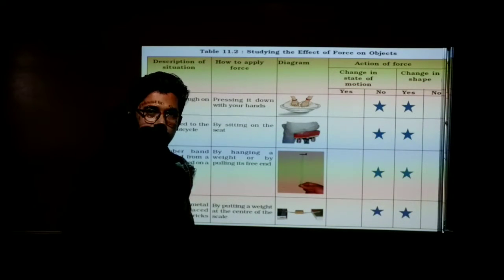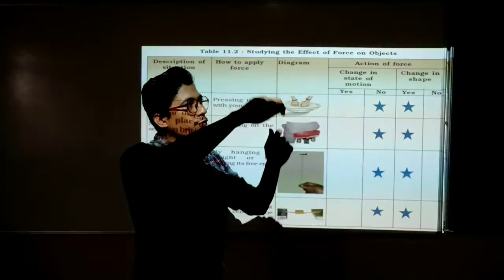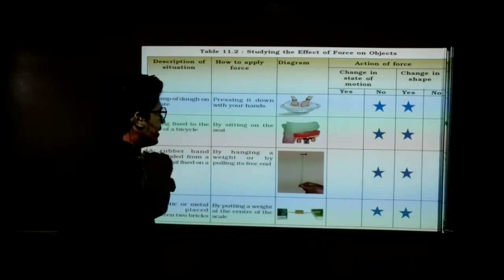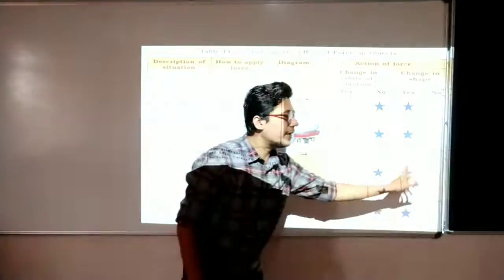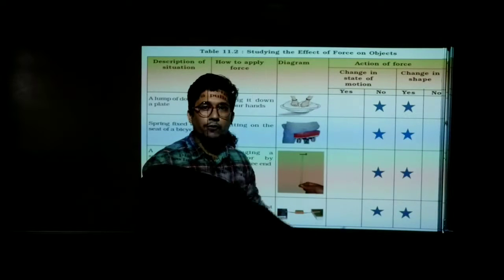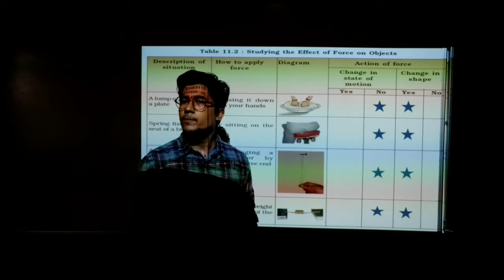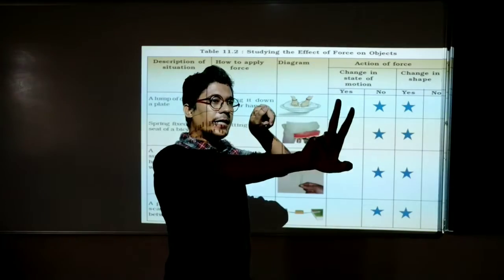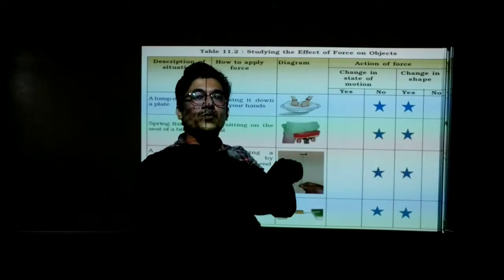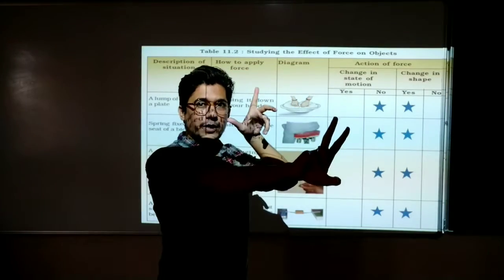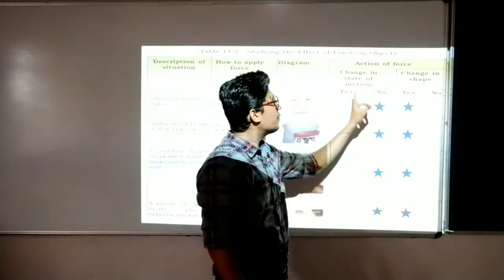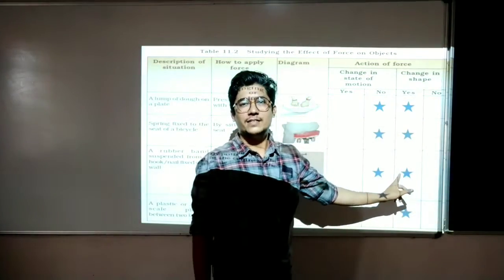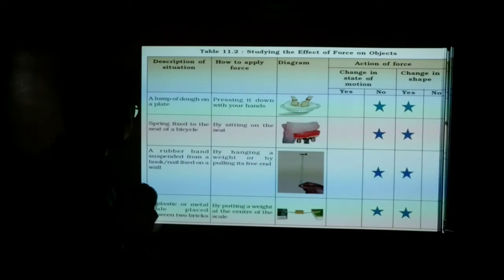Suppose on a wall you have a nail that is already fixed, and you wind a rubber band on it and pull it. In such a case, is there a change in shape? Yes. Is there a change of state of motion? No, because the rubber is not going away. But suppose in a classroom you pull the rubber band and release it toward your friend. In that case, a change of state of motion is also there, and a change of shape is also there. So that is a very interesting concept to know.